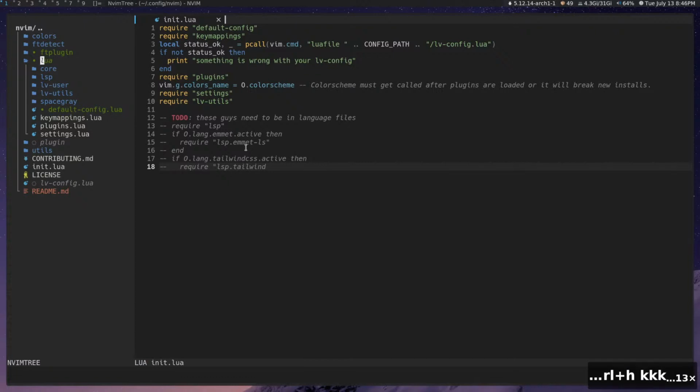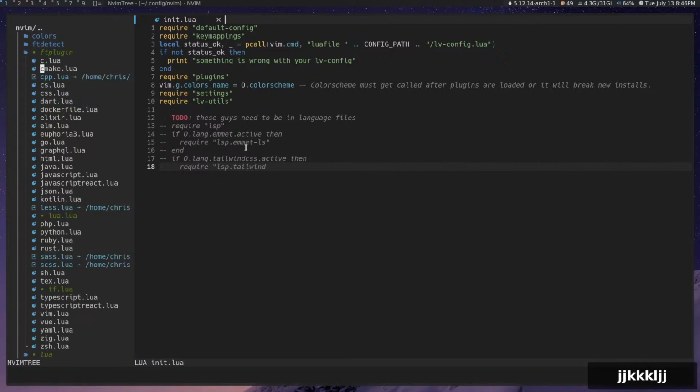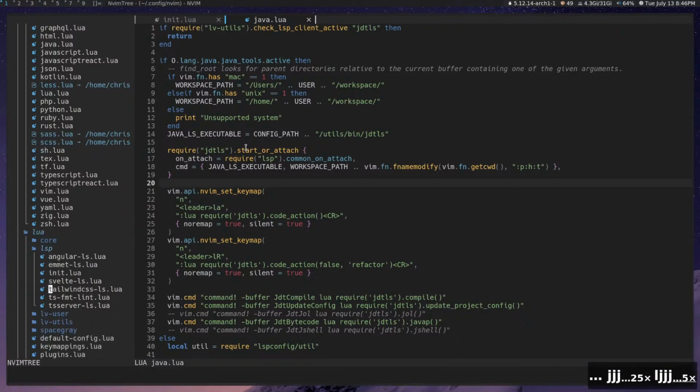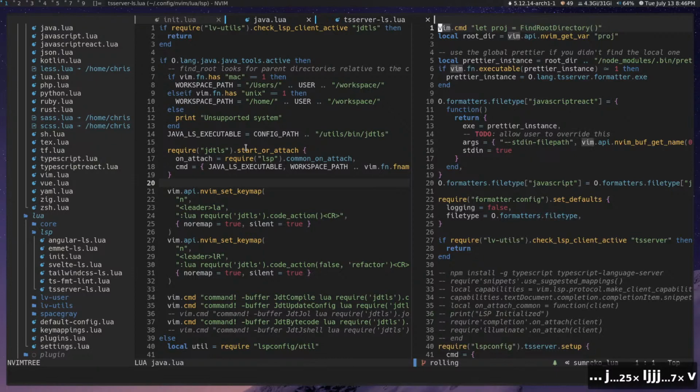What was I doing? Oh yeah, ftplugin. Also, this stuff should be good, yeah. So we'll go to Java. Oh my goodness, Java is so complicated. And then if we go over to LSP, TS server,